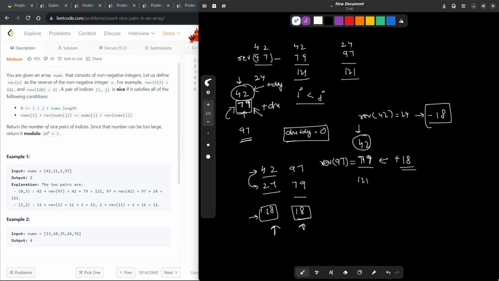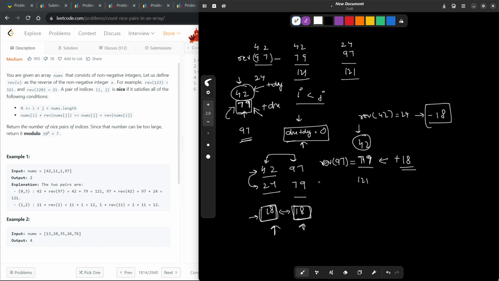So apparently it seems like we have got the same value here, but essentially these two are going to form a valid pair, right? So you just had to make this clear observation. It might look a little bit confusing. The reason is you will see 18 and 18 here together, right? They look the same value, and when we talk about this condition, we think that this is not going to